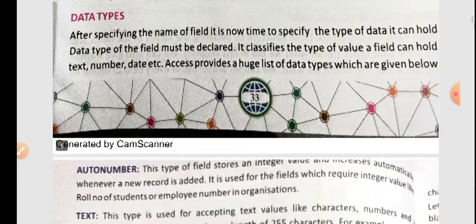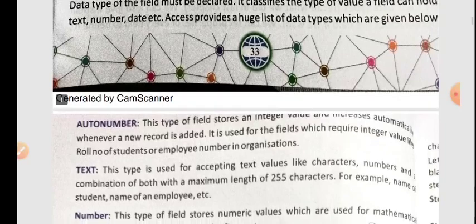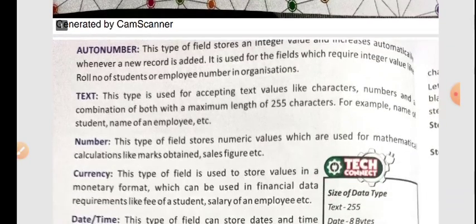Now the next topic that I am going to discuss is data type. Data type is the type of data that you are going to store in a particular column or field. For example, when you are writing the index in your copy, under the heading serial number you are writing 1 2 3 4. Under the heading chapter name you are writing the name of the chapter. Similarly, under the heading page number you are writing down the page. So in every column you are writing a different type of data or text.